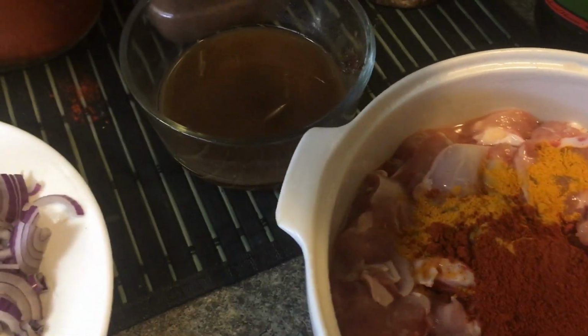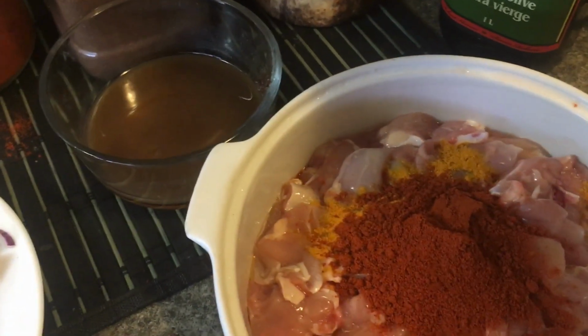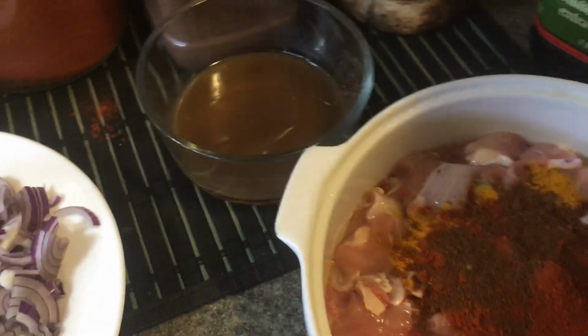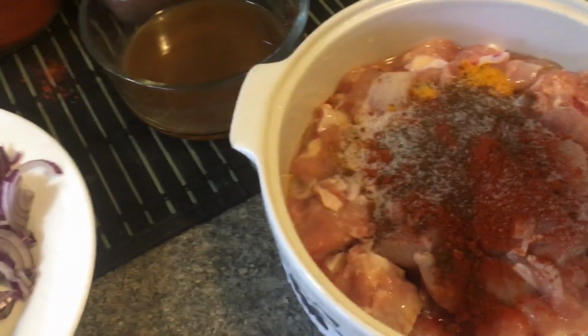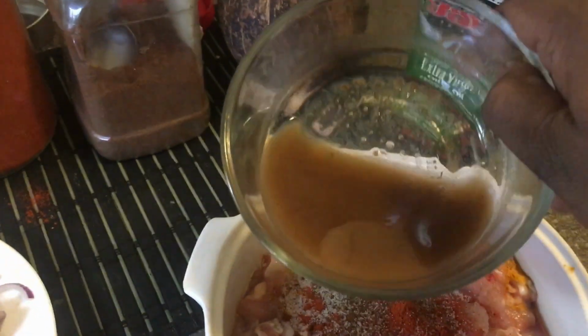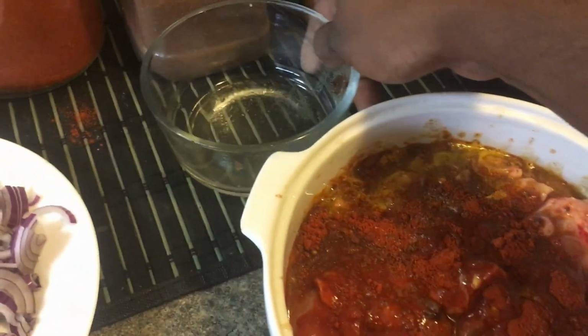3 teaspoons of chili powder, half a teaspoon of tunapaha, which is the curry powder, and about 1 teaspoon of salt, and then I'm going to put in the tamarind juice to marinate with it,